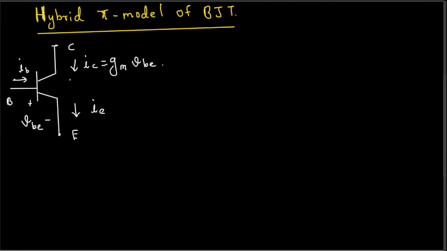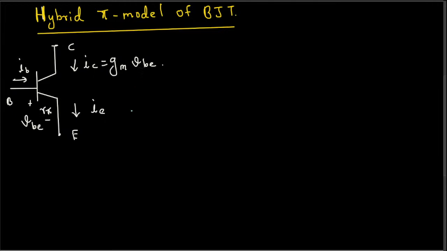BJT. Here we have a BJT. You see that in the BJT we have collector, base, and the emitter, and between the base and the emitter we have the VBE voltage, and also there's an R pi resistor as well. Okay, and IB current passes through the base, and collector has IC current,